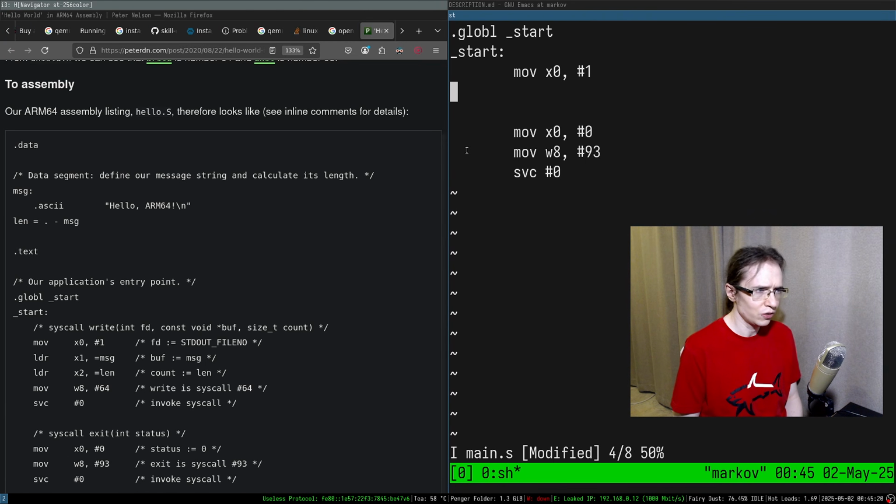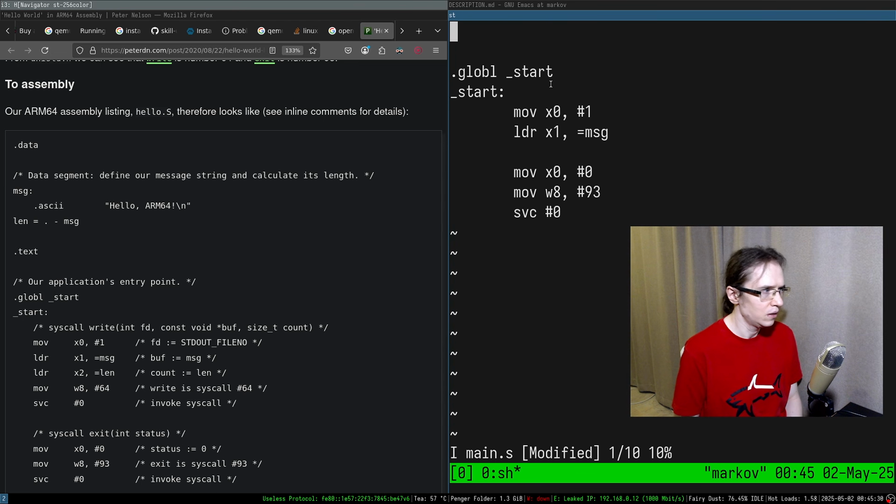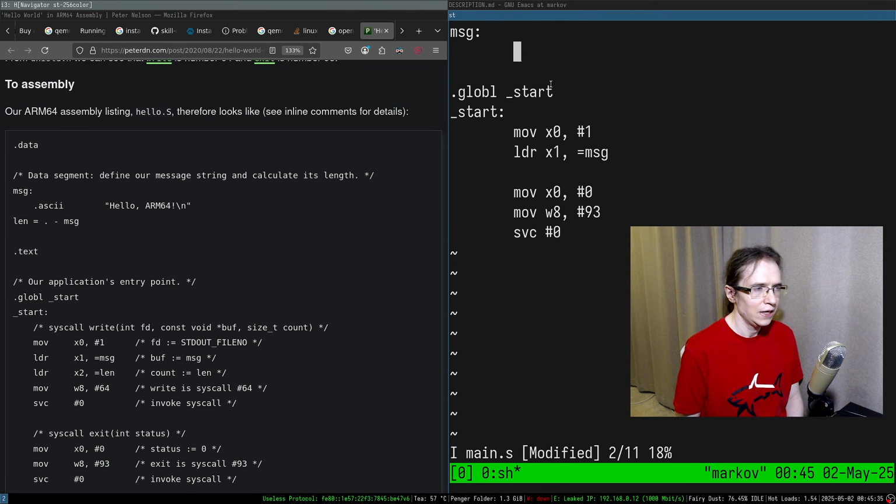And I suppose if we want to just do x1 message, we have to have that message defined somewhere. Right, so here's the message. And here we say that it's an ASCII, hello, AArch64. And we also put n in here.